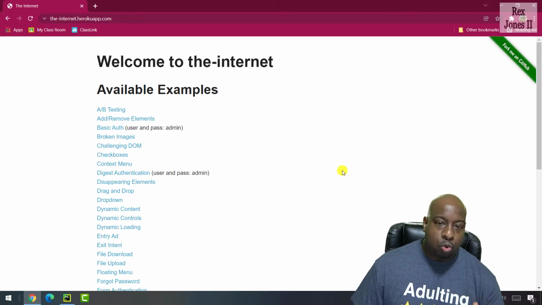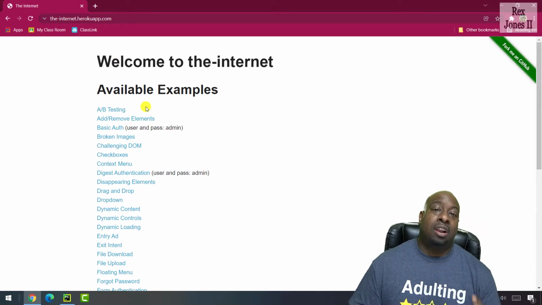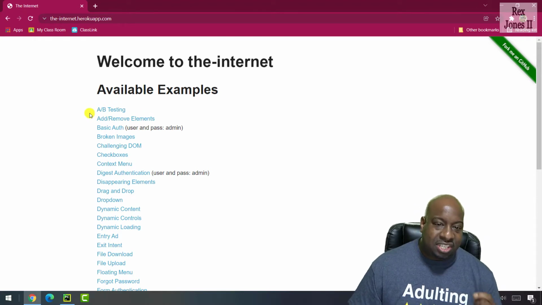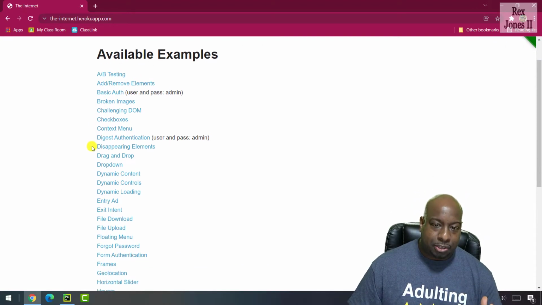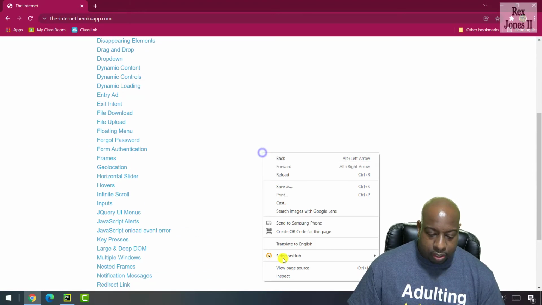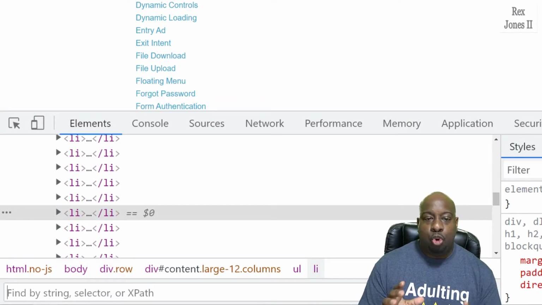We're going to use this application under test called the internet. It's an application with a lot of examples for us to practice automation. Each link is a page. Let's inspect these links by going to inspect, Control F. Then we can type